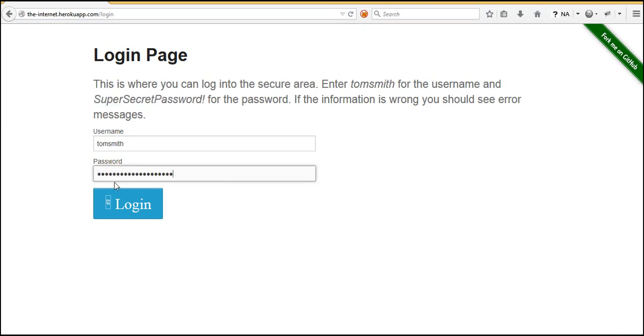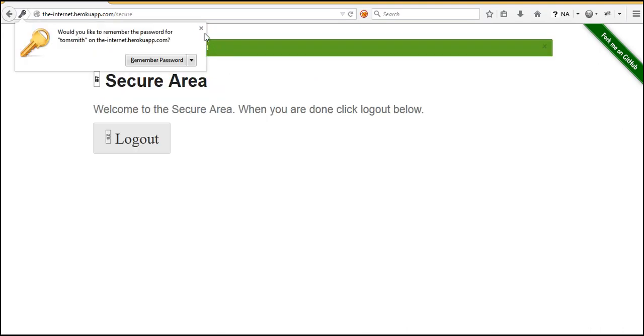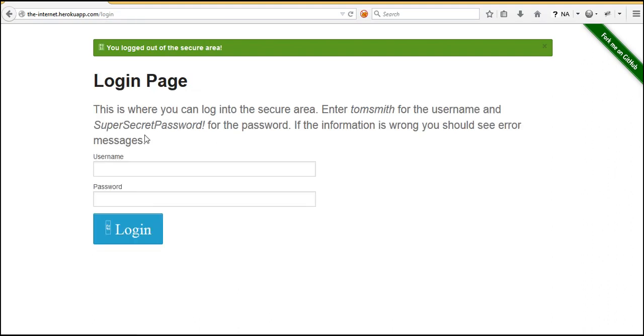That's it, so we'll log in, and once we log in we get a basic page saying you logged into a secure area, and when you are done click logout below. So let's log out. That's all. We have done one flow, login and logout.